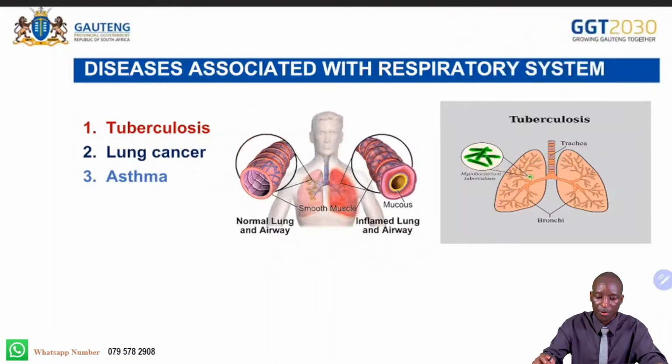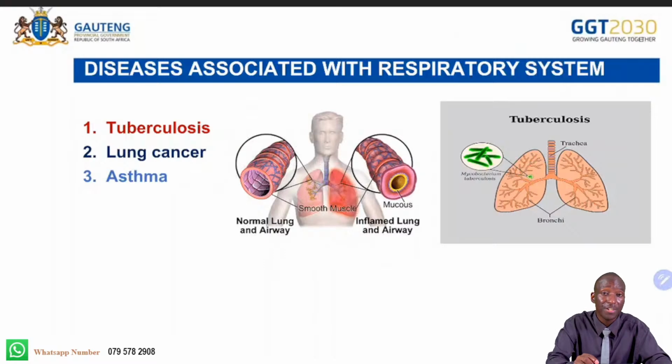Now, as you can see, when we've got a normal lung, the muscles should be shown that way, with our blood vessels there. When the lung is normal, which means it's not infected with lung cancer, our lung should have the